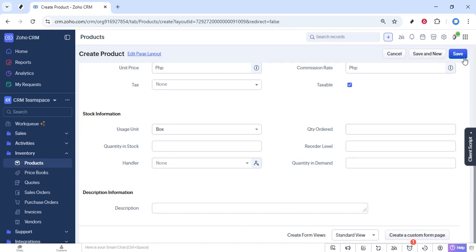Once you've reviewed everything and you're happy with the details, look for the Save button, usually at the bottom or top right of the form. Click Save. Zoho CRM will create the product record, and you should now see it listed in your product